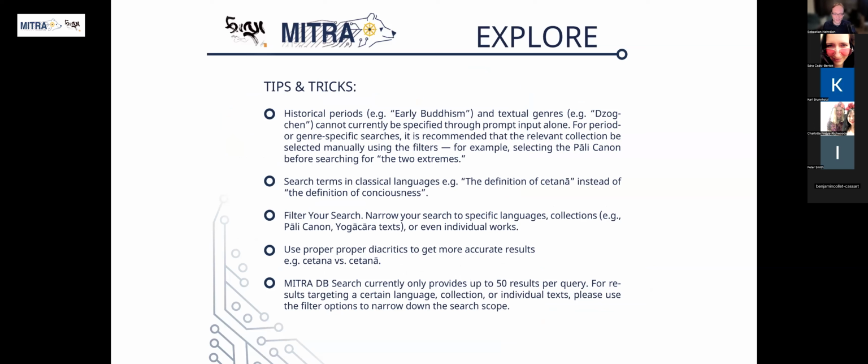Mitra Explore is not a super smart search engine. Unlike ChatGPT, where you can ask what early Buddhism says about, for example, the killing of animals, Mitra Explore is not designed to answer those kinds of questions, and we cannot really handle them at the moment. So if you have period or genre specific searches, please make use of the filter option, because this enables the system to do targeted exploration. Better not put them into the prompt, because our system is not able to parse that correctly.